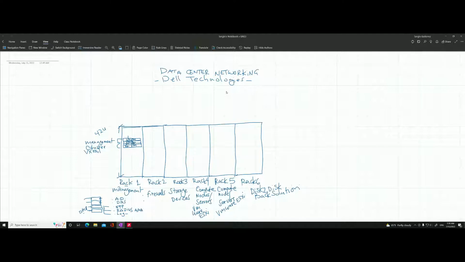And the beauty of this is that if one node goes down, there are mechanisms that will turn on the VM in a different node, so that way you can continue your operation. Another beauty of VMware and virtual machines is that you can move them from one rack to another. But that is going to come as I progress on these best practices for building a data center network using Dell Technologies. So on the second rack, let's say that you have a firewall,